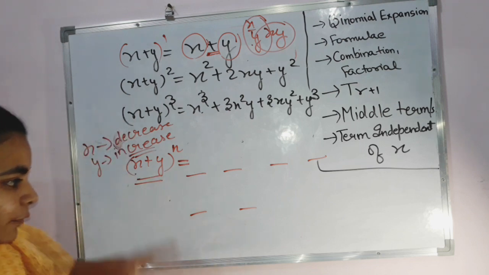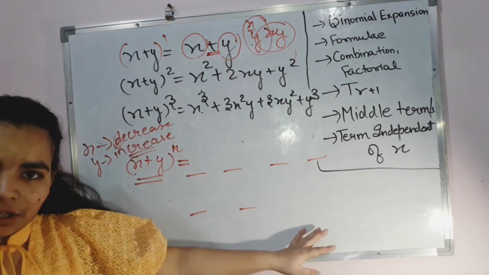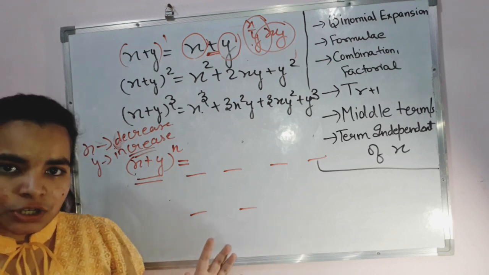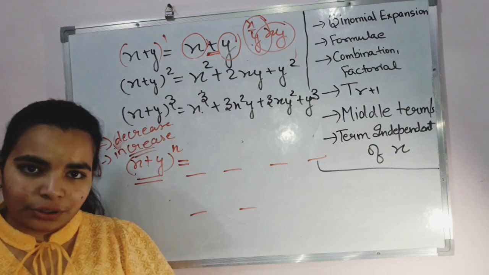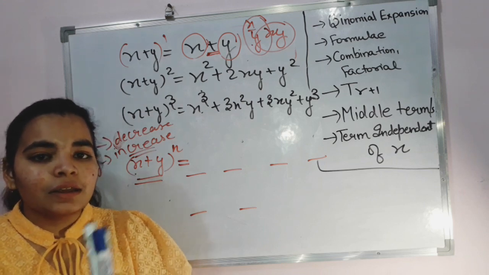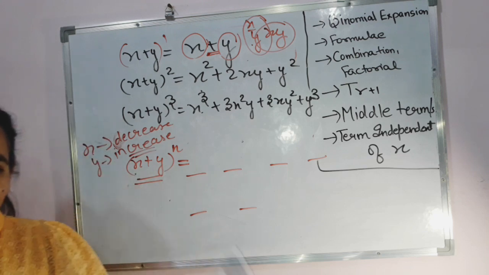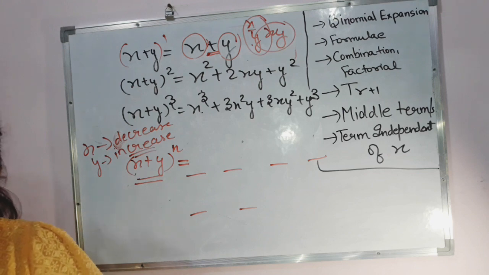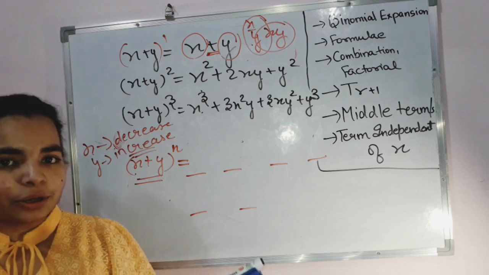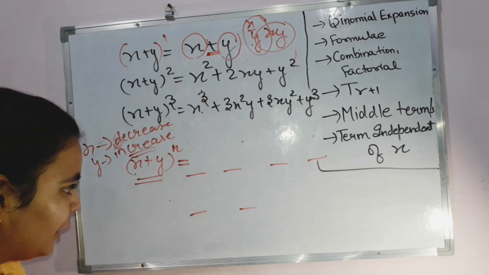That means starting from 1 to the nth term. Whatever the nth term is, when we write all of them and calculate the product of them, the multiplication of them, that is known as a factorial. If I say 5 factorial, it means the product of the first 5 terms from 1 to 5, that means 1 into 2 into 3 into 4 into 5. Similarly, if I say n factorial, that means 1 into 2 into 3 into 4 into up till n. So that is the meaning of factorial.